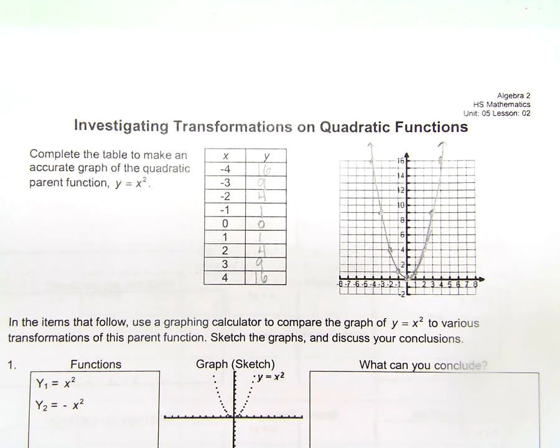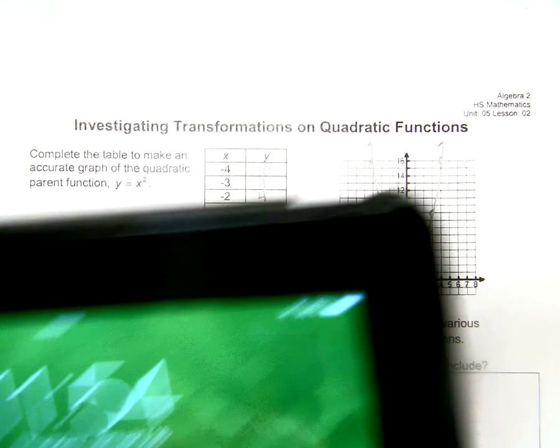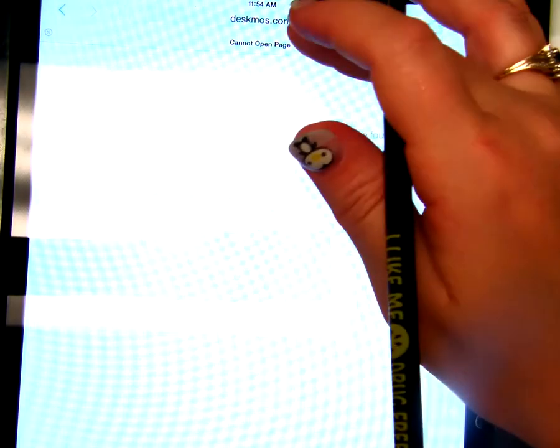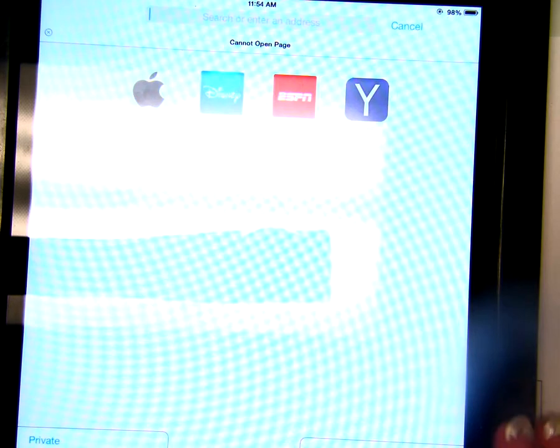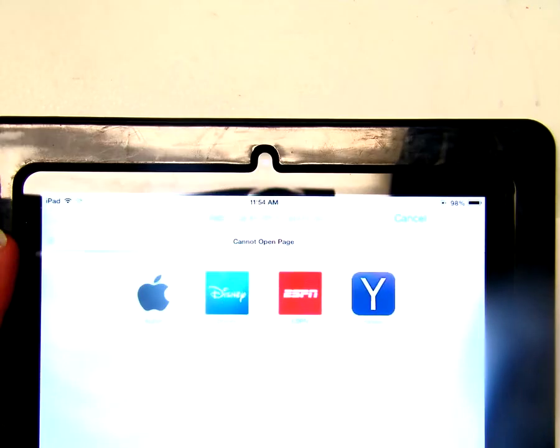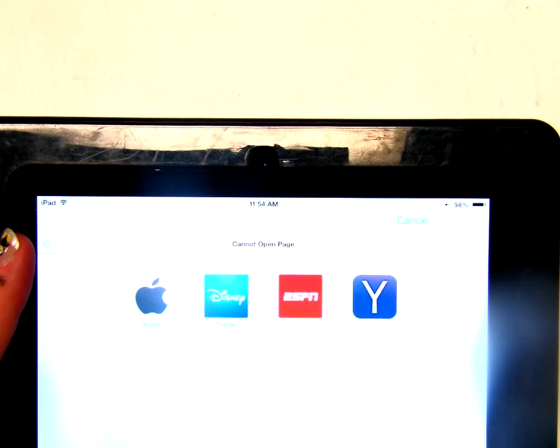So let's pretend you go home tonight. I mean, we don't have to pretend that most of you are going to go home tonight. But let's pretend you go home tonight and you have like 4 pages of homework that you have to graph stuff on. You don't want to get a 0 for your homework, most of you, right? So, but you have a computer, right? I know this is an iPad, but we're going to pretend like it's a computer. Okay? So I'm going to go up here that you can't see to my address bar,